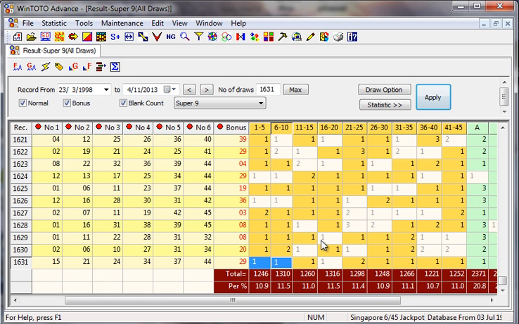So I foresee that we're going to see another 2 numbers from this category from 1 to 10. I hope this clearly demonstrates, and gives me a good feeling, that it's a very good chance we're going to see small numbers coming up for this coming draw. I mean, this is my observation.